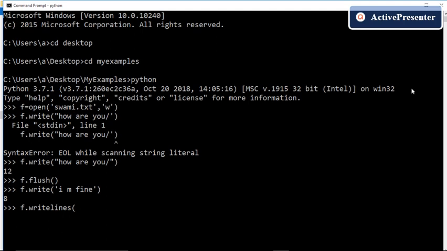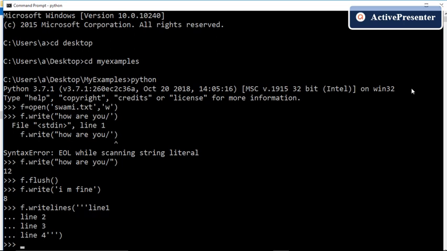To use multi-line string, we will use triple quote, and suppose I want to write 3 lines, line 1, then I am writing line 2, then line 3, then line 4, and I am closing the triple quote. Okay. Now let us check the content again.